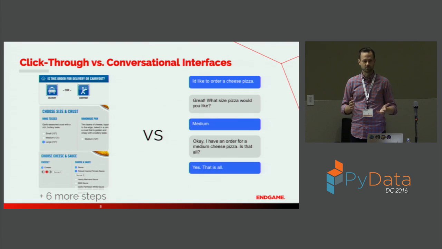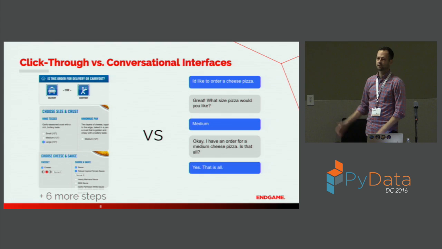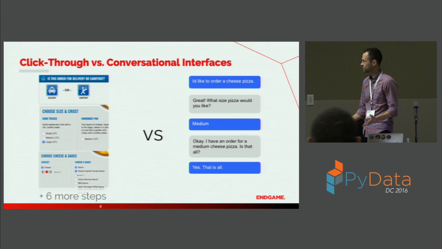I apologize to anybody who builds UIs, but sometimes they're just not ideal. So you get in situations like this where it becomes like, oh, well, this is pretty obvious why this would work out. We ordered pizza like this before using a telephone. I don't know who does that anymore, but if you do, that's awesome.